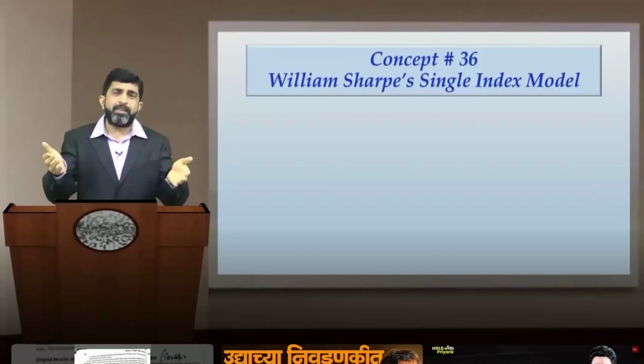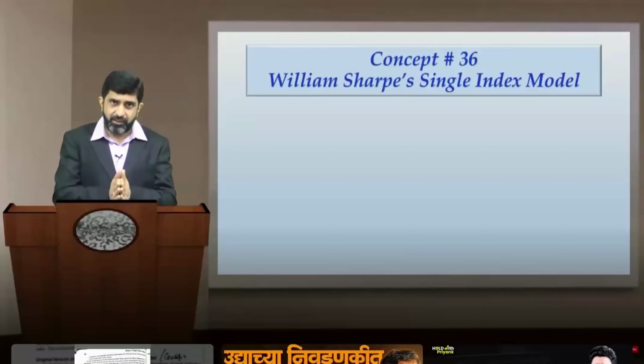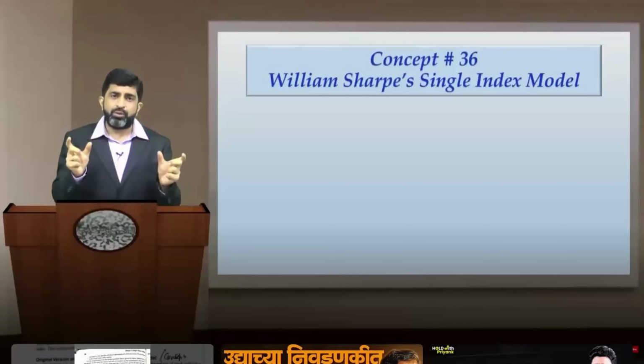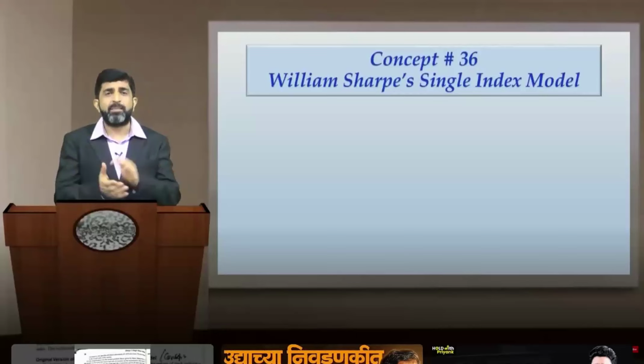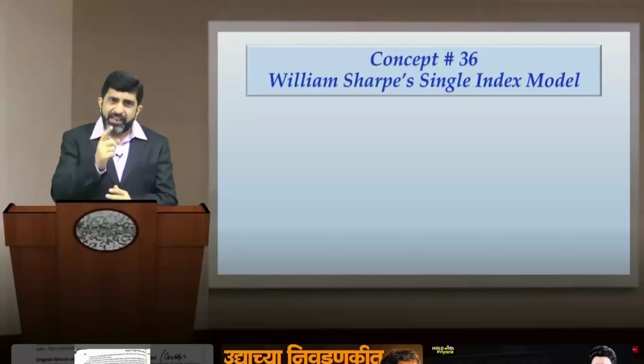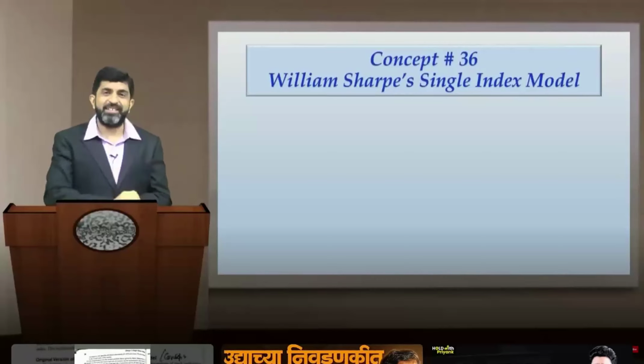of the portfolio, subtract the systematic risk to arrive at the balancing figure as unsystematic risk. On the other side, as per William Sharp's single index model, independently you will compute systematic as well as unsystematic risk of the portfolio and then take the aggregate. तो ये independent calculation अनसिस्टमैटिक रिस्क का कैसे किया जाएगा सिंगल इंडेक्स मॉडल में, ये हम अभी सीखते हैं। आप स्क्रीन पर ध्यान दीजिए, मैं आपको इन इंपॉर्टेंट बातों को लिखवा दूं।